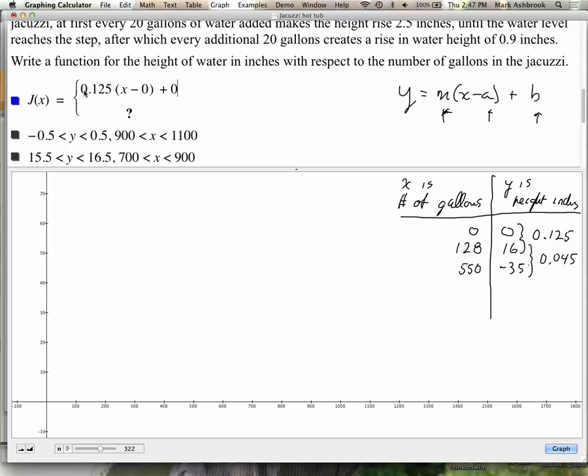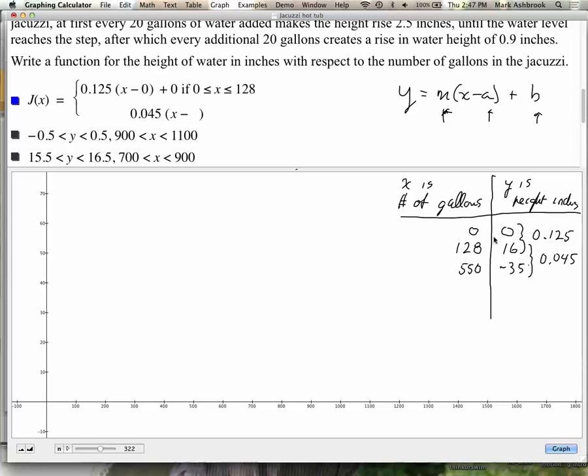plus 0. And then, this is only true when what? If, right, 0 less than or equal to x less than or equal to 128. Our number of gallons is our x coordinate. So watch how easy it is to write this using this form. What's our rate of change? 0.045 times x minus